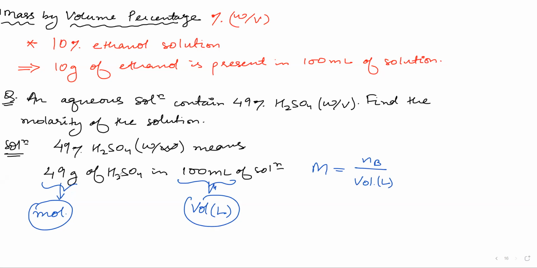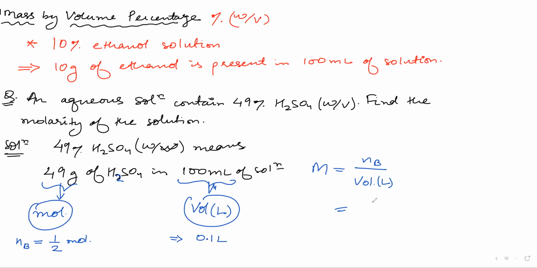You guys know the molar mass for H2SO4, right? So you can calculate it very fast. You have already calculated the number of moles, I guess, for 49 gram. It was 1 by 2. The volume, if you convert 100 ml, it will be equal to how much? 0.1 liter. See, this is so easy.